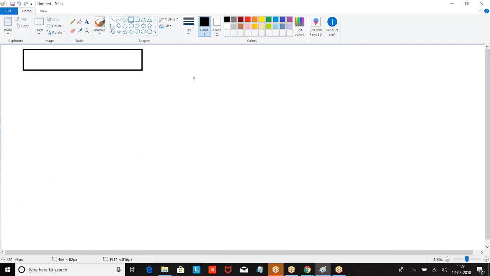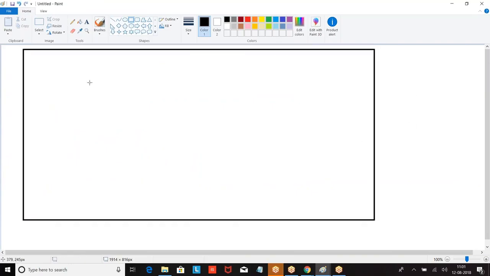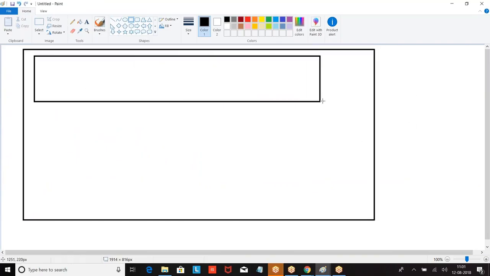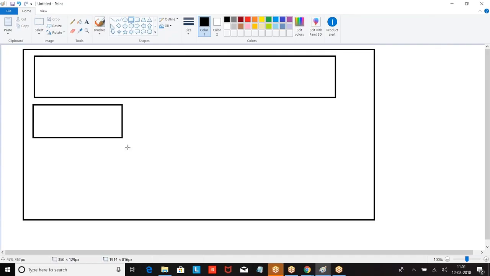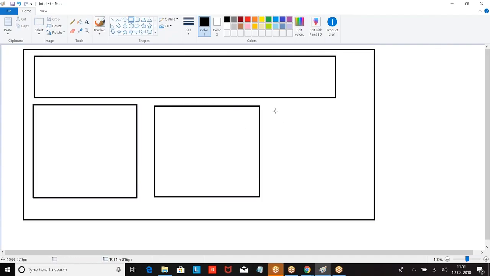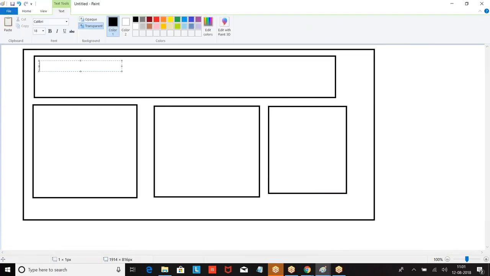Now I have a page like this. In the page, I have component 1, component 2, component 3, like this we have. Now it is displaying a record. In the account object, we have a record name.